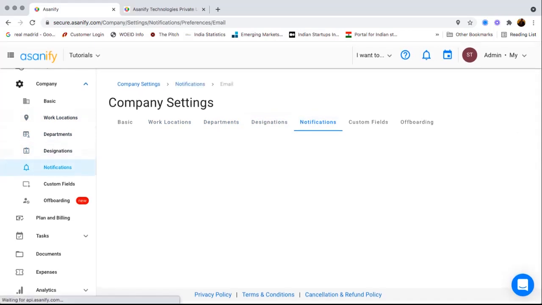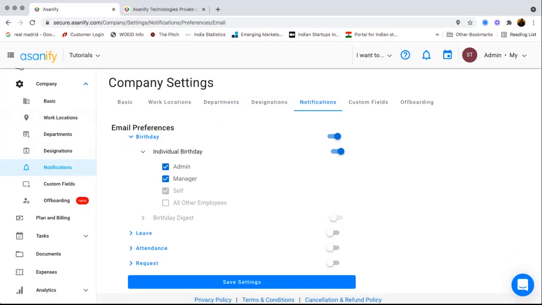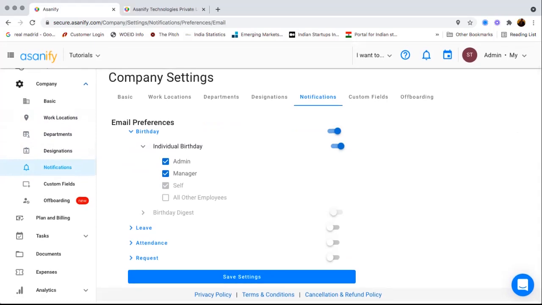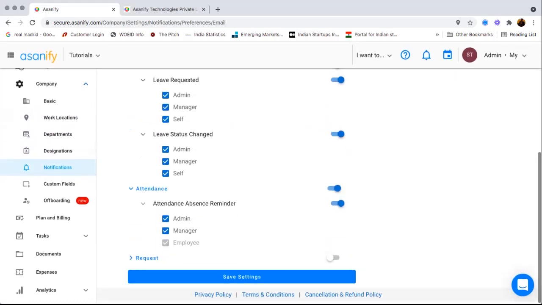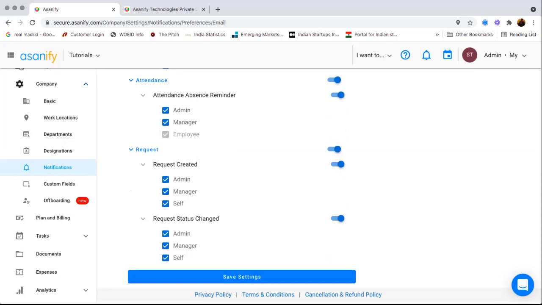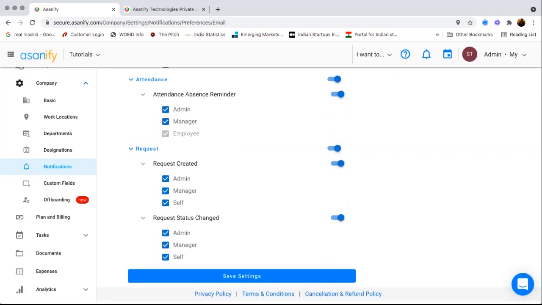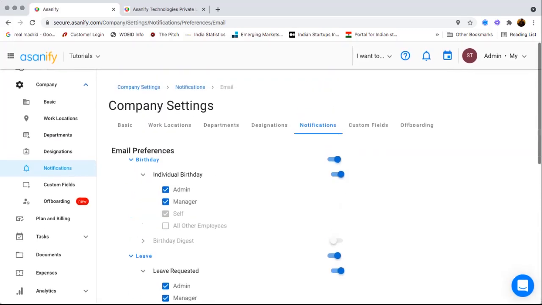You can also set company notifications. What that means is, if you want your employees to be notified on their birthdays, that can be done very easily. Whichever admin, manager, whoever you want to mark that email to, the employee of course will be marked. Anyone else, if you want them to be marked. Leave application requests can also go to the email. Attendance absence reminders can also be sent. If someone forgot to mark attendance and was not on leave, then an email will go from your company's account, saying that this person should regularize his attendance in order to not lose money on the payroll. Similarly, if any personal request or data change request has been made, everything can be notified, right?